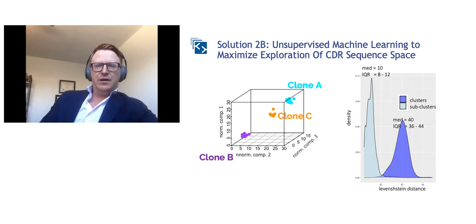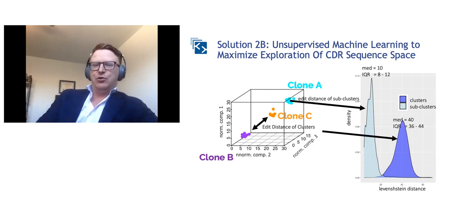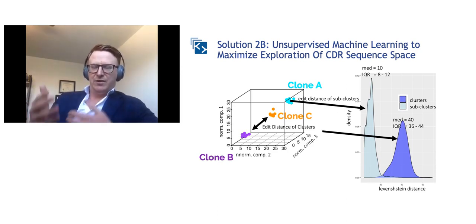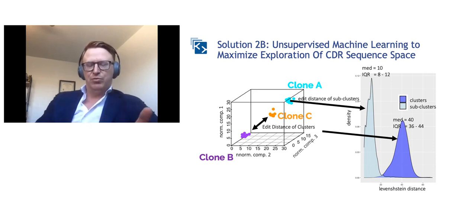And when we employ our unsupervised machine learning to explore the CDR sequence space, what we find is that typically within the cluster space, so in these individual cluster groups, the median difference is around 10 amino acids, which captures this broad space. And this is across merged CDR 1 through 3 of the heavy and light chain. But typically across each of these individual clusters, as Andrew showed, this varies from one selection to the next. I believe this one is from the interferon selection, where we're typically obtaining up to about a median of 40. This can drop down to about 30. Again, it's population dependent and varies based off the underlying diversity of that population